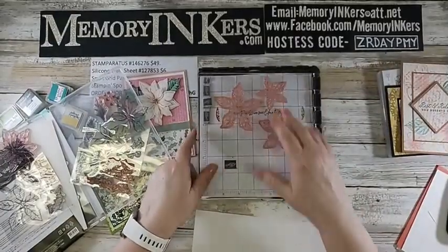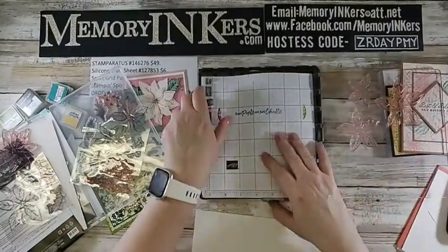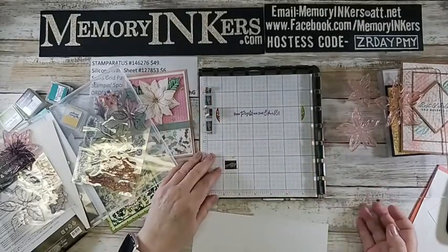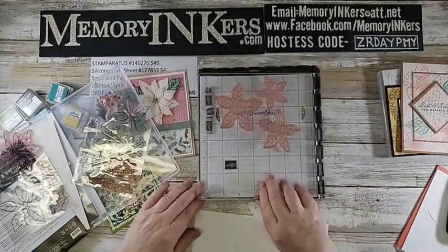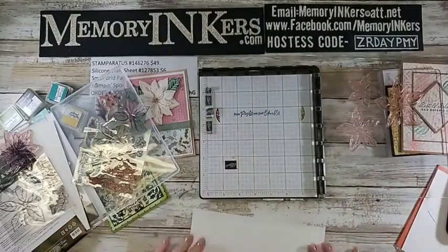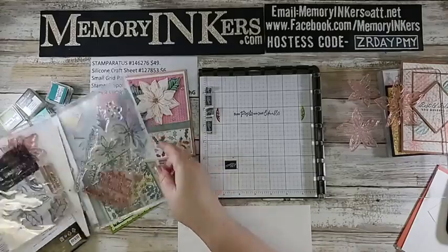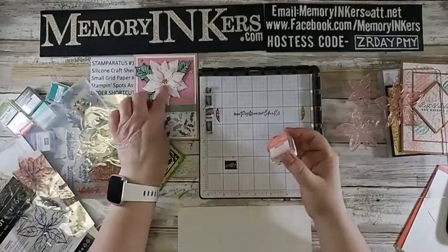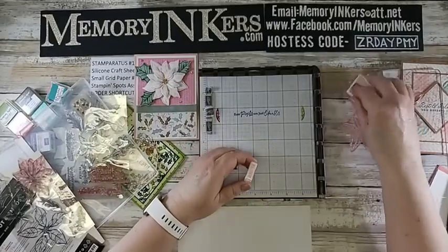Pick them all up. Okay, somebody asked me, what do you do when that happens? What I do is, when it starts to do that, I take my bone folder and I slide it underneath and hold it down and then pull it up. And I forgot to tell you guys that too. Okay, so now I'm going to take the Flirty Flamingo ink, which is what I use for this card, and I'm going to just